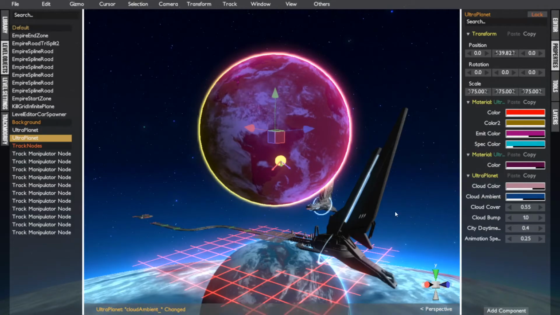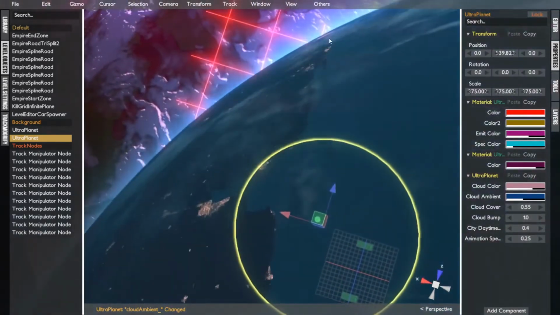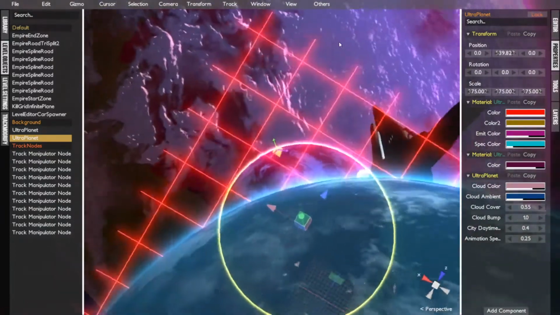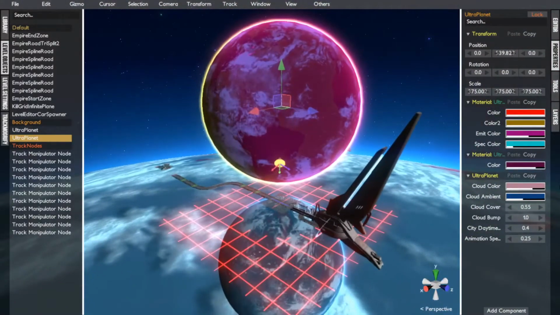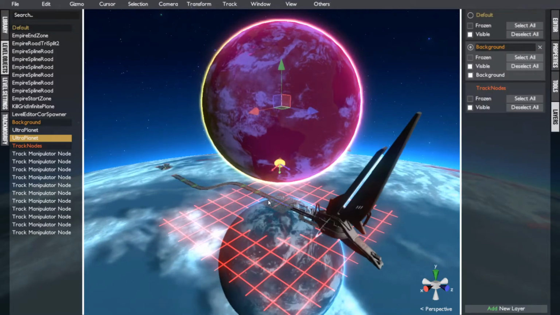Alright. So now there should be a red planet up there. Well, red, pink, magenta, yeah. There should be a planet that looks just like that. And it should be there at all times if I were to play the level right now, but I won't go in just yet,